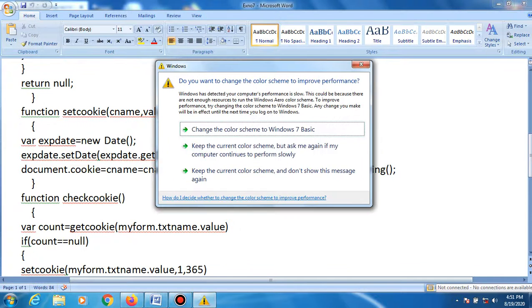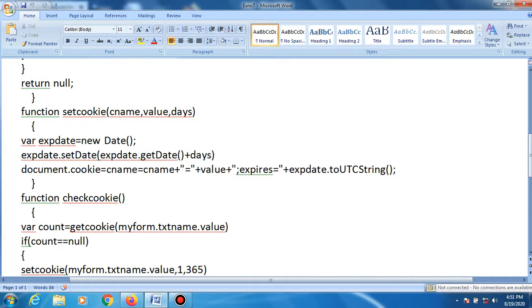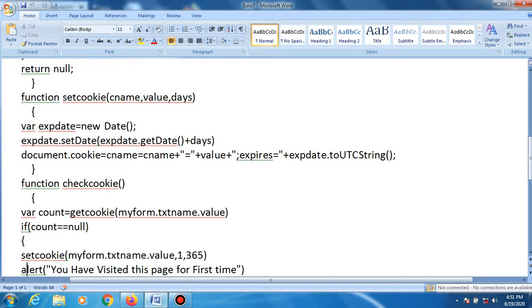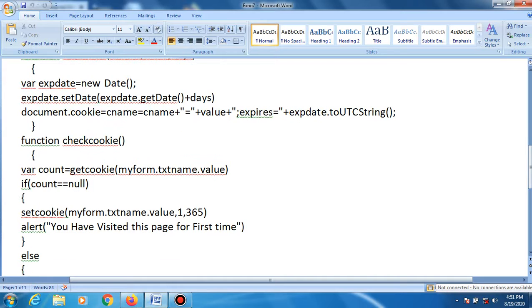Suppose there is an error in the program, you will not get the correct output. Therefore, you should be careful while typing the program. If you miss any variables or any statements, you will not get the desired output.